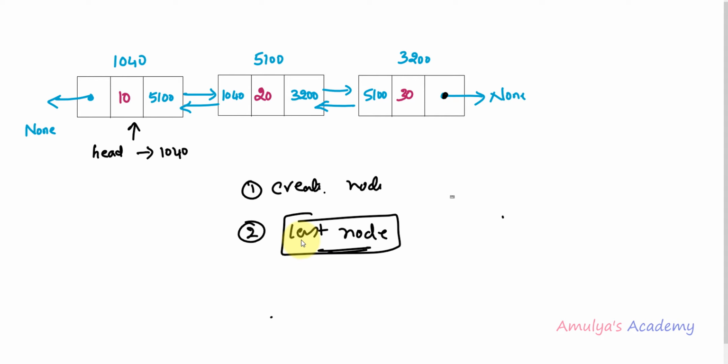Because every node contains a previous reference and a next reference, you need to be careful about whether you are inserting the new node after the last node. And here, the next case is the rest of the nodes, that is after the first node, after the second node, or after the middle nodes. While writing this method, you need to check whether you are inserting the node after the last node. I'll tell you why. First, before that, let's create the node.